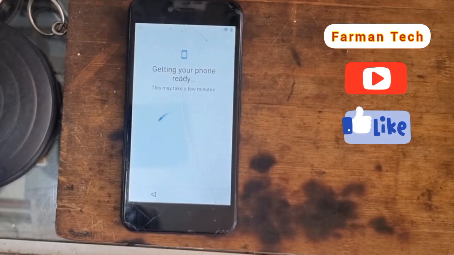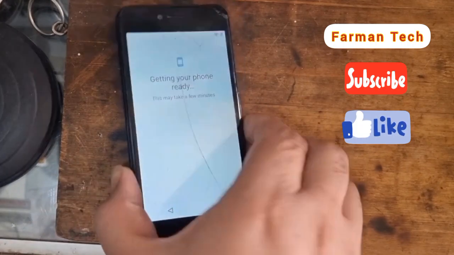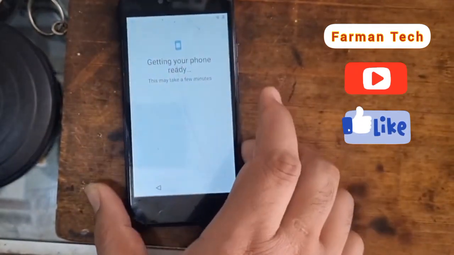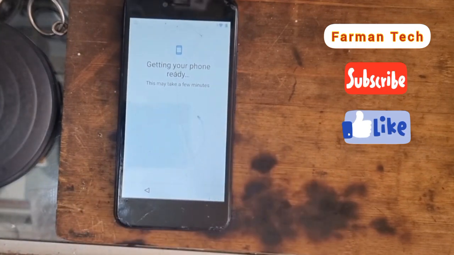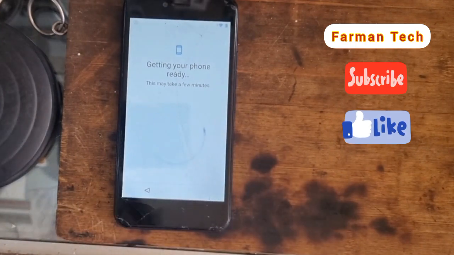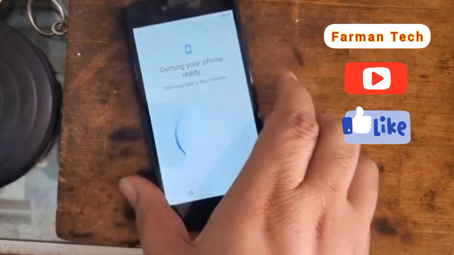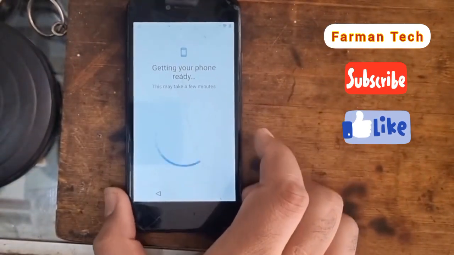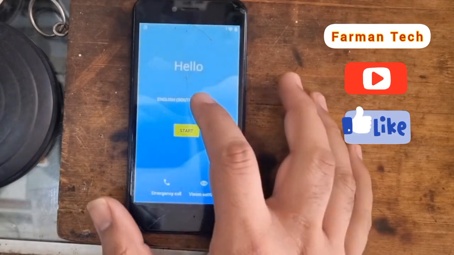So you can see this mobile Hurricane H51, and I'm going to remove the FRP bypass. So friends, you can see here there is a locked icon, and this mobile is locked. So now you have to go back and